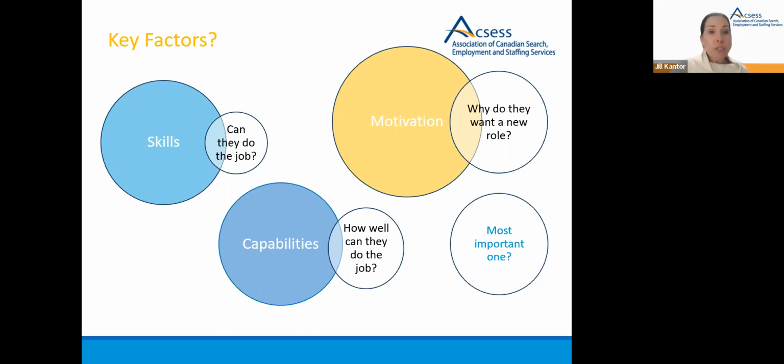Yes. Excellent question. So the motivation, the word itself, it's funny because I kind of played around with the word. The word that I've always been trained on is career wound. But I moved it to motivation at some point because sometimes individuals, let's say if they're not working or they're on contract and their contract's coming up, their motivation or their wound is they need their next contract. So I changed it to motivation, but the way to really think about it is what's motivating them to make that change. And so what happens when they actually get into that job and they're just not motivated, they're kind of playing the game,